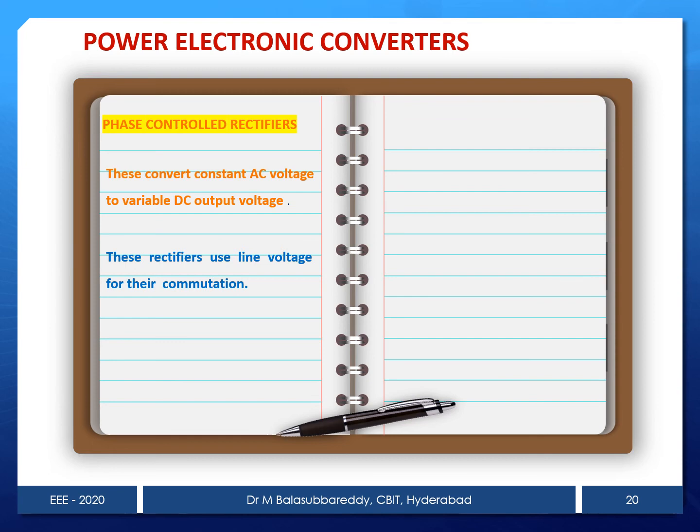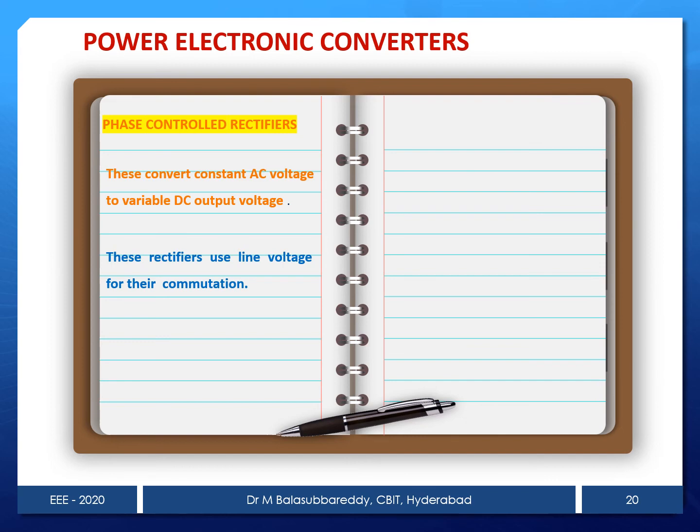In detail we will come across it later. This is only the basic introduction class. From the next class onwards we'll start the actual syllabus. At the moment we can say that commutation is defined as the process of turning off the device. In this, the input is an AC supply, so the supply naturally goes to 0 at every instant of pi, 2 pi, 3 pi and so on. That's why we call it a line commutated converter.